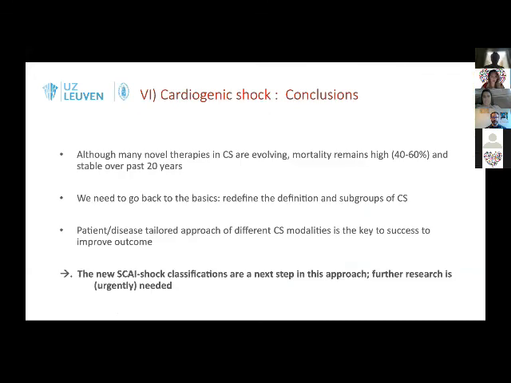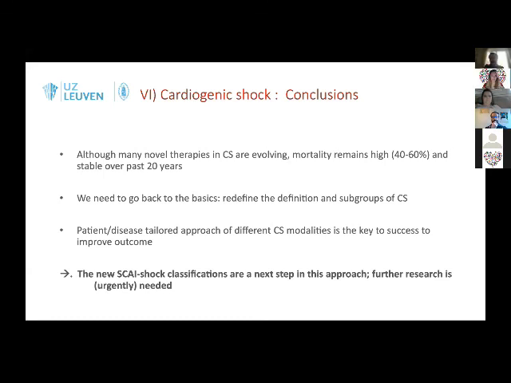treatment. So in conclusion, although many novel therapies in cardiogenic shock are evolving, mortality still remains high and unfortunately stable over the last 20 years. We need to go back to the basics and be humble, redefine the definition and subgroups of cardiogenic shock, and those SKY criteria are a very first start of this. A patient- and disease-tailored approach of different cardiogenic shock modalities is the key to success to improve the outcome, and hopefully the SKY shock classification and many other programs that are currently running and coming up are a next step